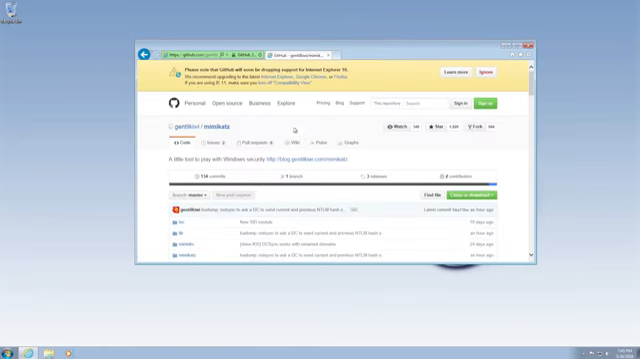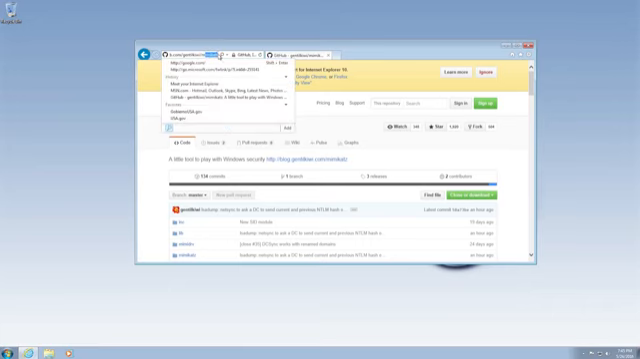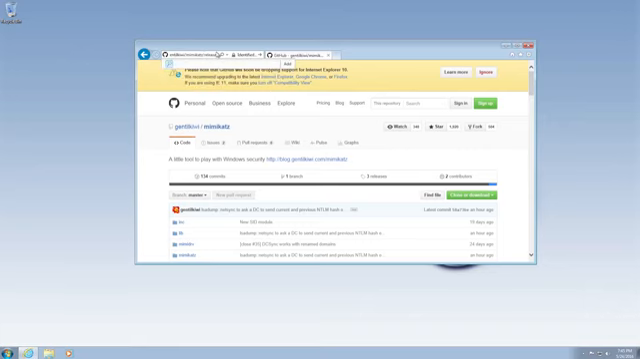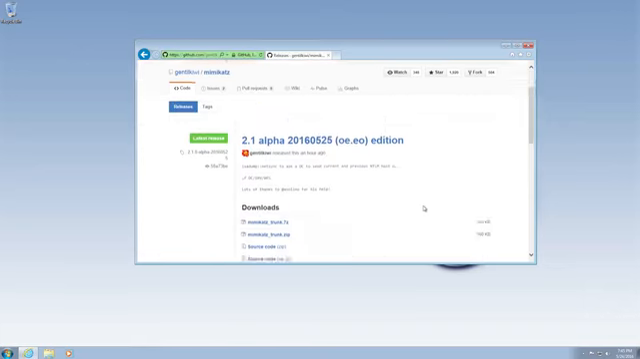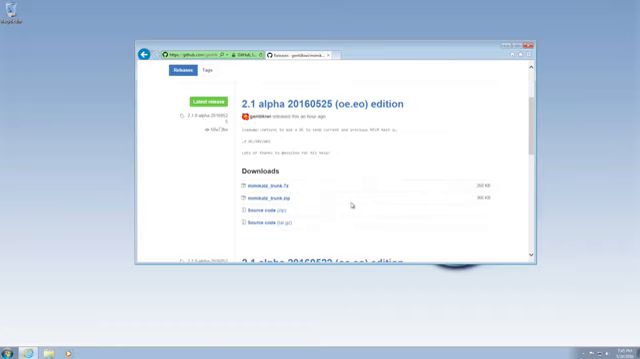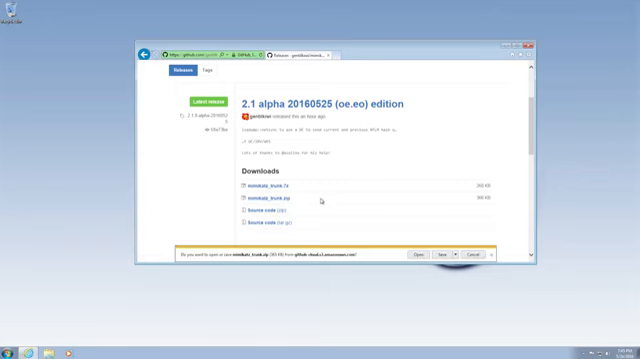I'm just going to go to /releases. And I'm going to download the latest mimikatz trunk, mimikatz_trunk.zip. Now, if you're running an antivirus on the machine, such as Bitdefender or McAfee or anything like that,